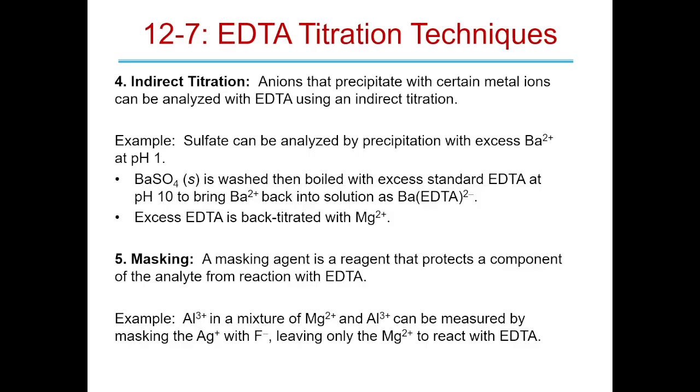The fifth way you can do these titrations is masking. A masking agent is a reagent that reacts with a component of your analyte to prevent it from reacting with EDTA. So literally you're going to mask one component from being able to react with the EDTA. Okay? An example of this is the Al3+ in your mixture of magnesium 2+ and Al3+. This can be measured by masking the